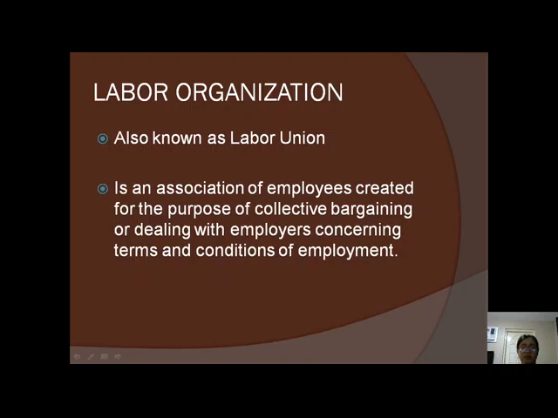So when you say labor organization, which is also commonly known as labor union, it is an association of employees created for the purpose of collective bargaining or dealing with employers concerning terms and conditions of employment. Okay? So for those companies who are unionized, they have this CBA, or collective bargaining agreement, which stipulates the relationship or the conditions between the labor union and the employer. Of course, the members of the labor unions are the employees. Okay,